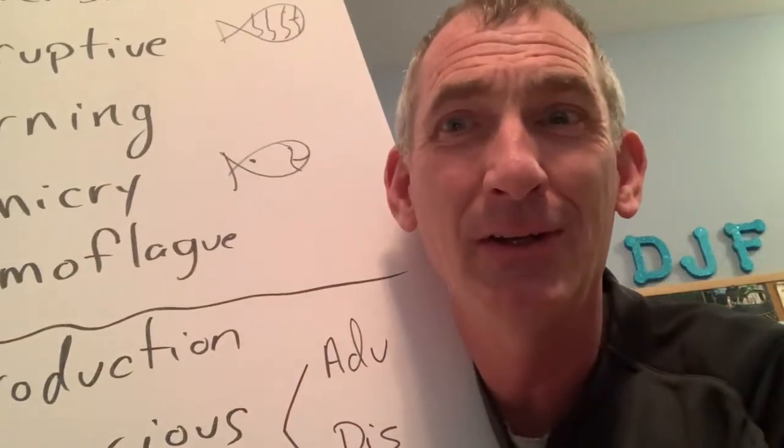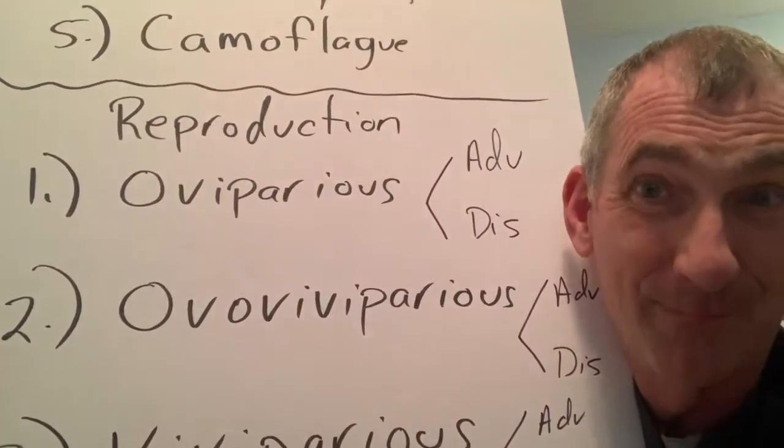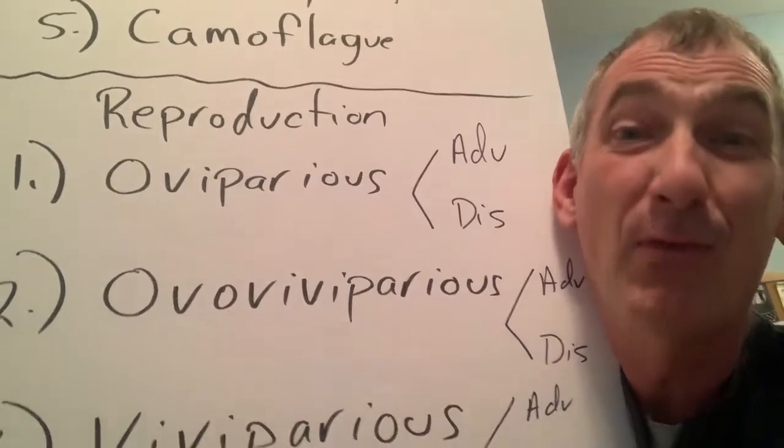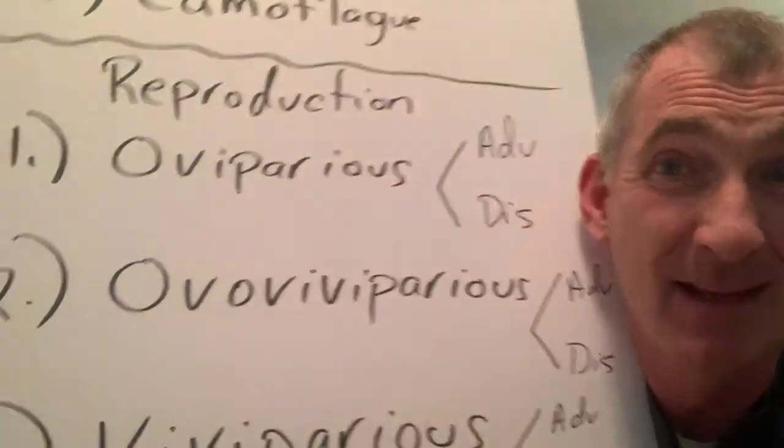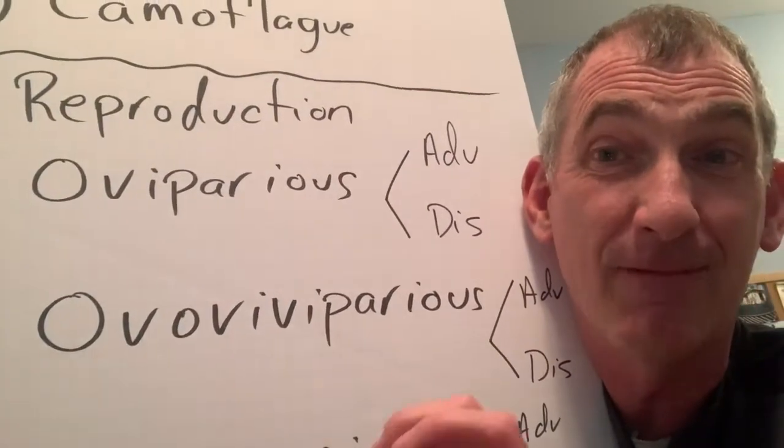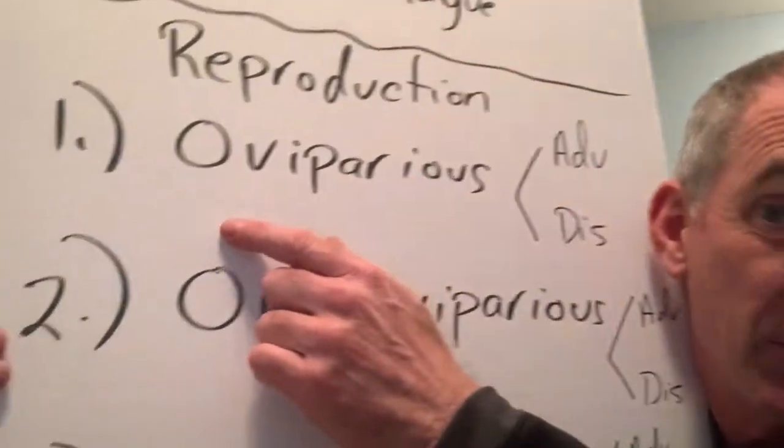And now let me start. Our last part of our notes, got to talk about making babies. 3 of my favorite science words. There's 3 ways that fish can have babies. The first one is